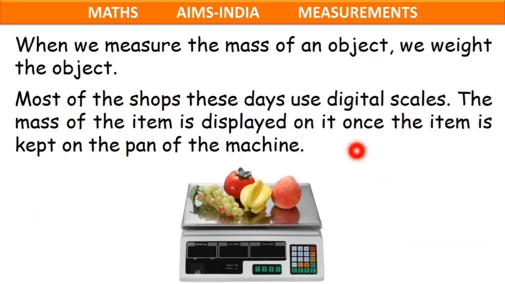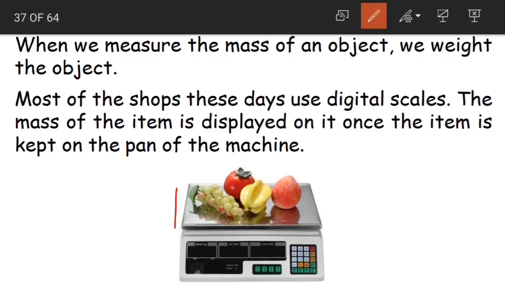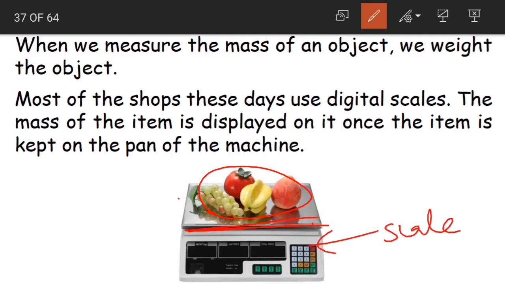But in the case of digital weighing machines or digital scales, nowadays many of the shops are using these digital scales. Why are they using these digital scales? Because these scales are easier to use. If you recall from your shopping experiences, what happens, children, when we go to any supermarket or any grocery store? They just place the objects on this scale. This is our scale here, also called a weighing machine. This instrument is called a weighing scale or a weighing machine.